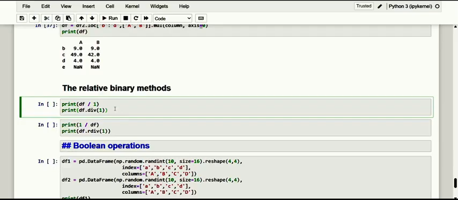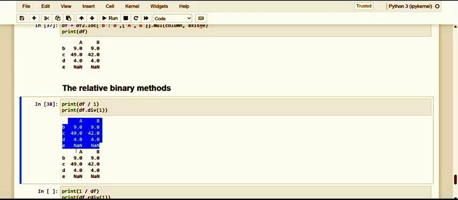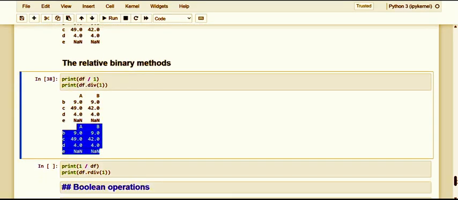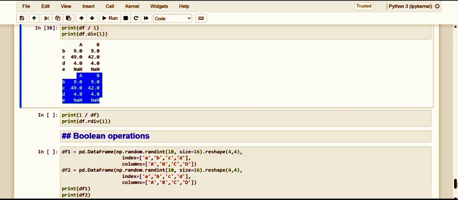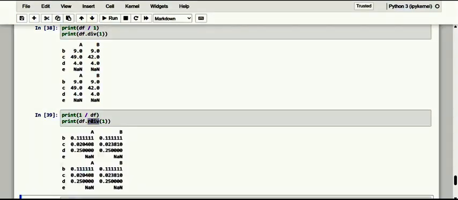me just make one according to the division method. It is possible to express here the division operation with the data frame as numerator. So if we make it, kindly observe. This is our data frame, and when we make the division with 1, the numerator is the data frame and the denominator is 1. And kindly observe, dear friends, if we do a relative binary here, I am specifying it RDIV. Okay, so let me execute here.